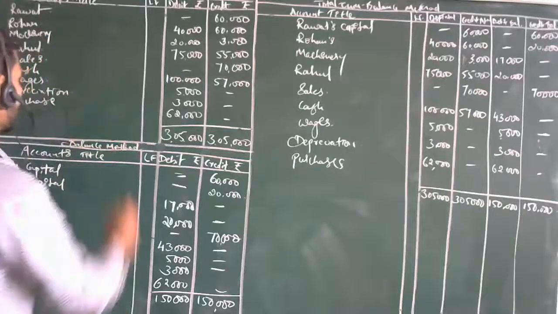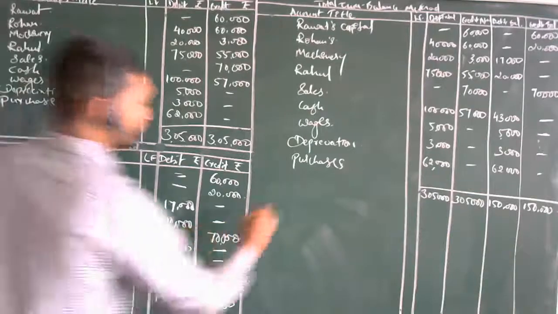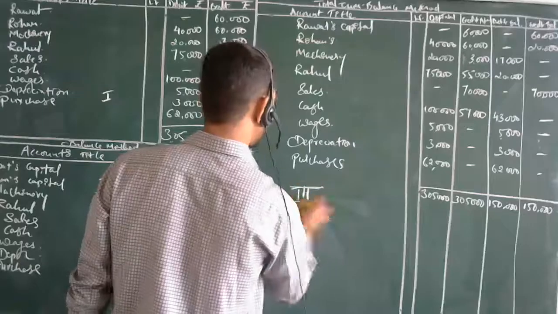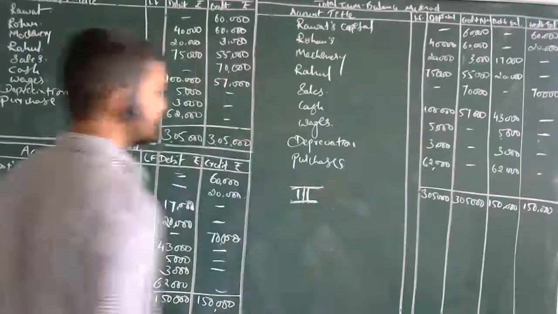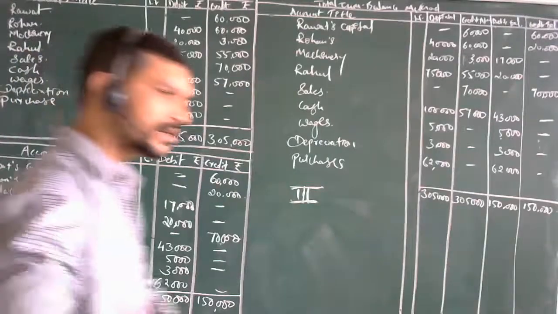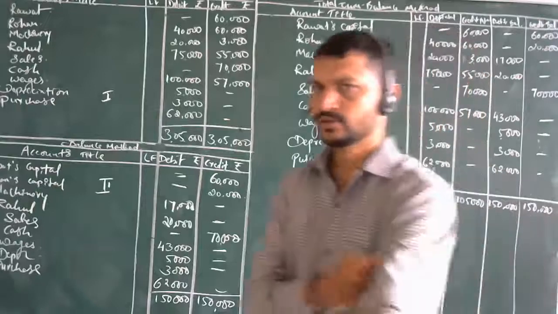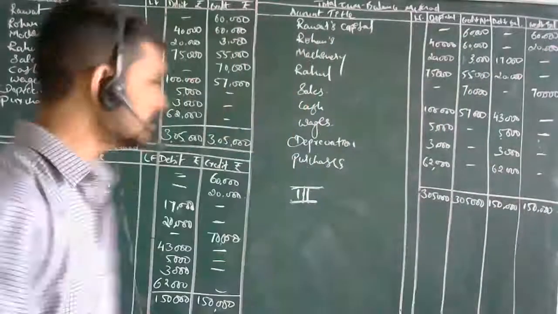This is the first method, this is the second one, and this is the third one. So almost, if you all are having any doubts regarding this, you can raise them. So this we have completed. Now it comes with the further discussions to the rectification of errors, so that we shall be discussing further.